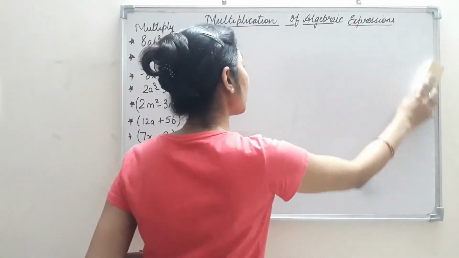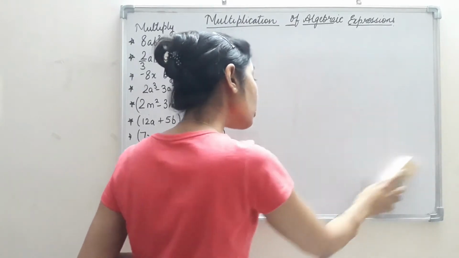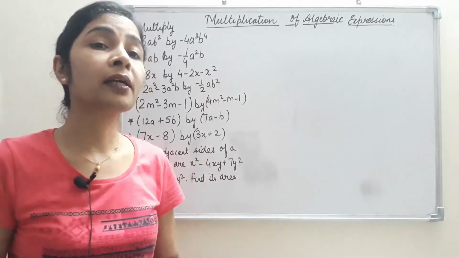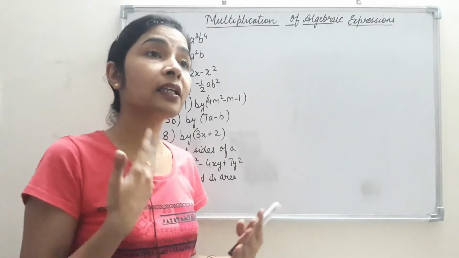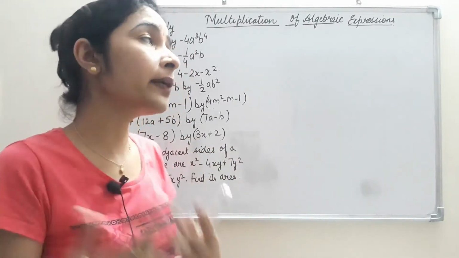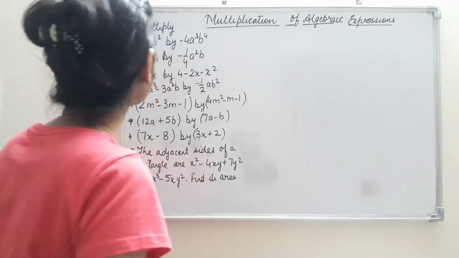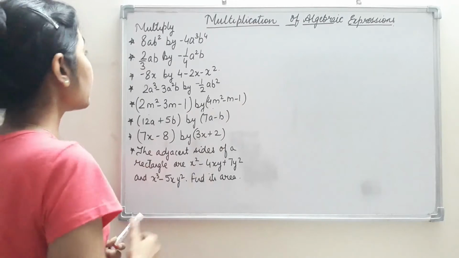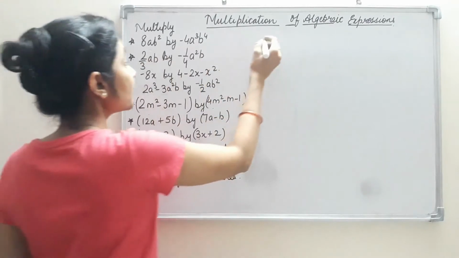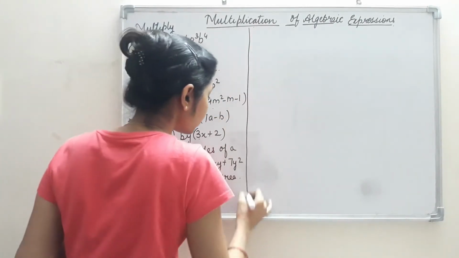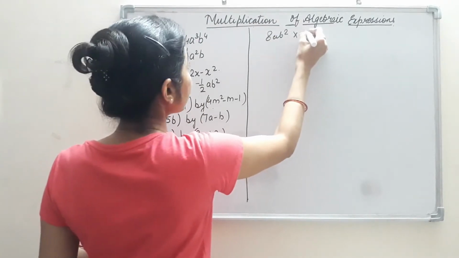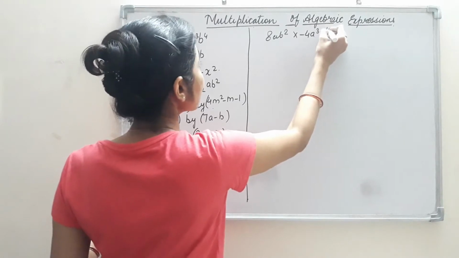Now again, in case of algebraic expressions, there will be multiplication among monomials, multiplication of a monomial and binomial, binomial and binomial, binomial and trinomial, like this. But if you once know the rule regarding it, then you can multiply a monomial, binomial or trinomial, anything, to the other one. Now first we will start with monomials. Though we have taken examples of monomials here, let us take a few more examples. Here we are given 8ab square, which is to be multiplied by minus 4 a cube b raised to the power 4.